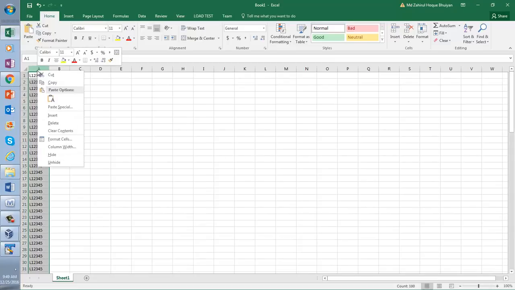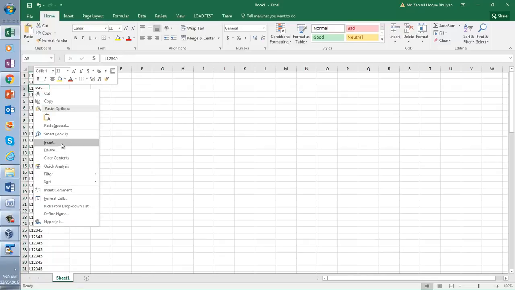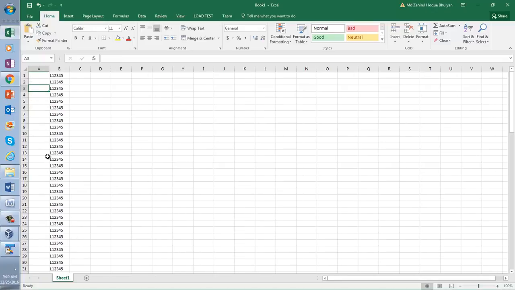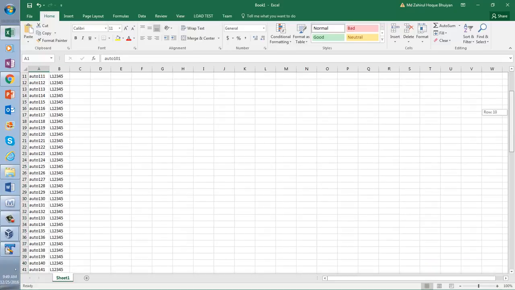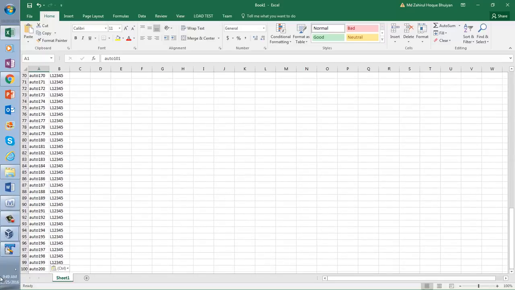Here I will insert an entire column, and then I will be putting the users here. Can you see what I am doing? I have the users, and then I have the password together.